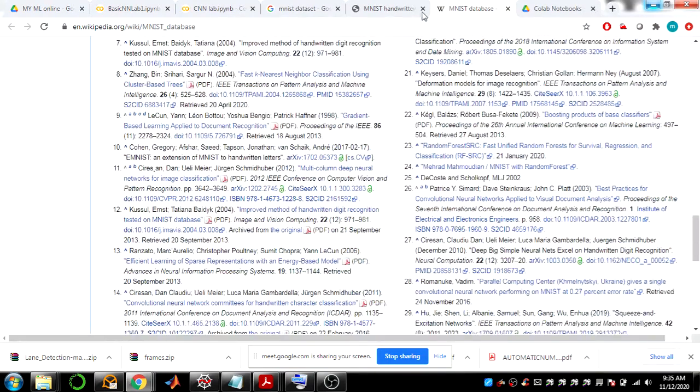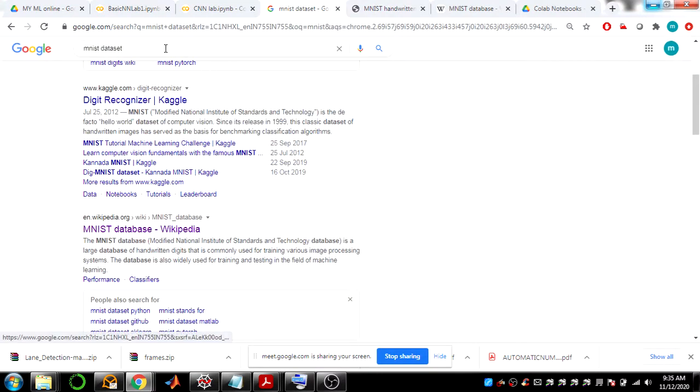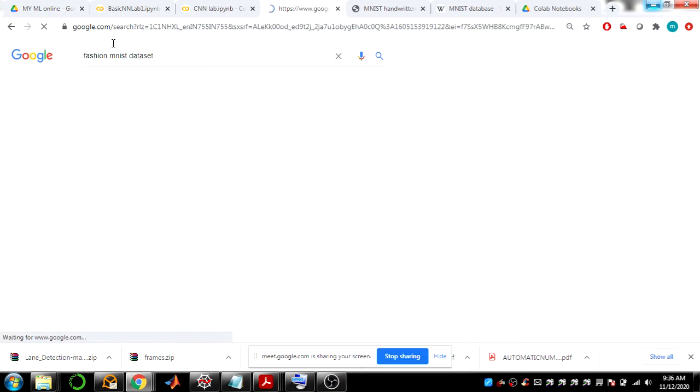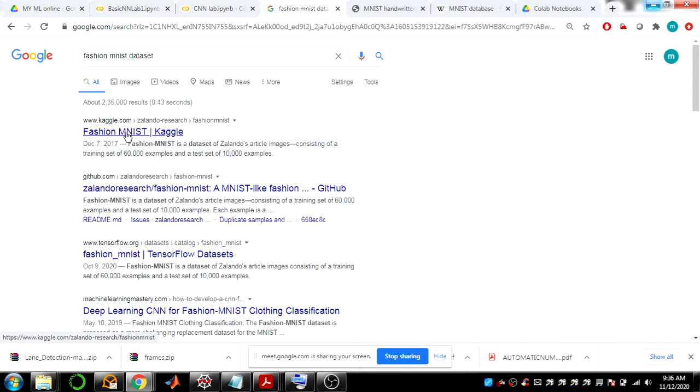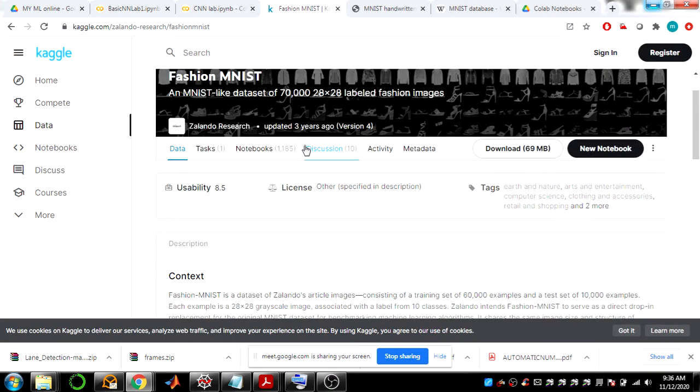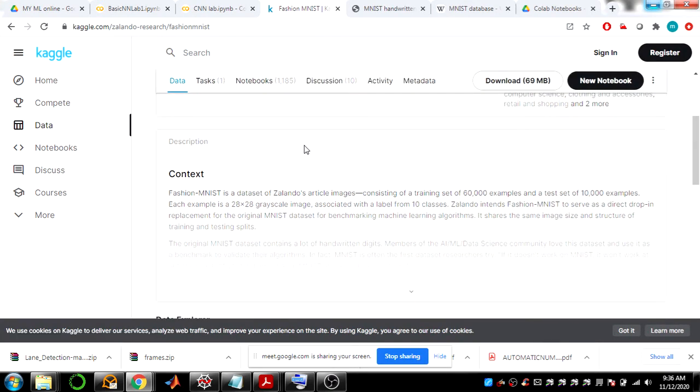Like Fashion MNIST, one more database if you'd like to see it. This is one more dataset which contains all the necessary images in the fashion field, like various kinds of dresses, shorts, pants, trousers, t-shirts, jackets, and various kinds of shoes, even male, female, heels, and all kinds of images.